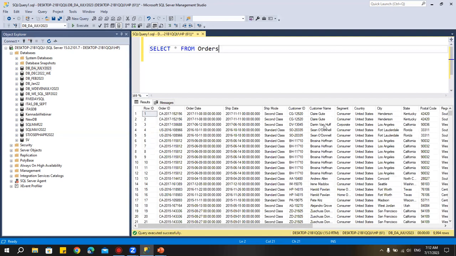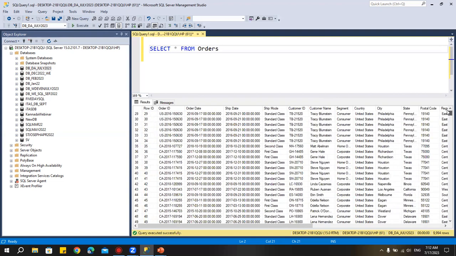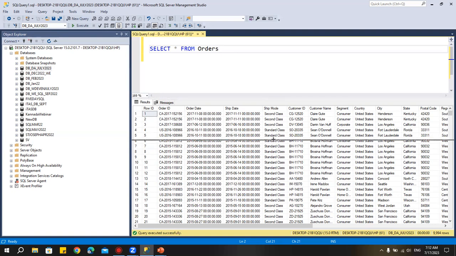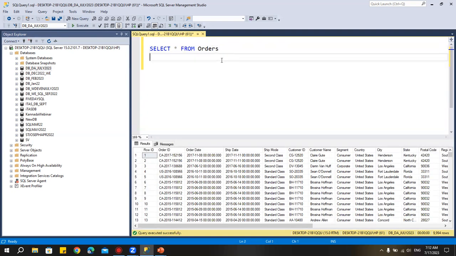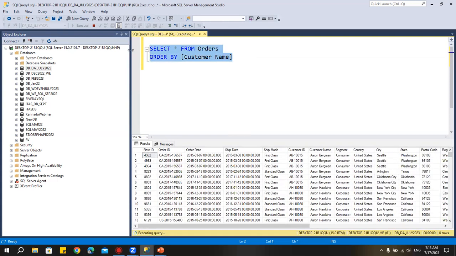We just see what data we have extracted here. For example, let's take this customer name. See this customer name, it's not sorted properly. Now let me sort it. When I want to sort for the same query I've written, I will add order by. When I give order by, it will ask which column we need to sort. Say customer name. Select start from orders, I'll say order by customer name. Press F5. Now I can see customer name is getting sorted